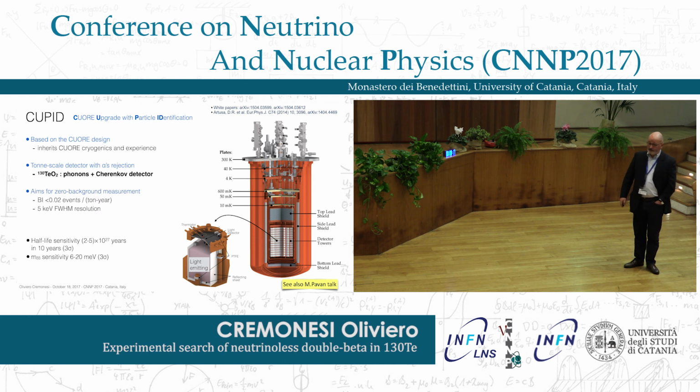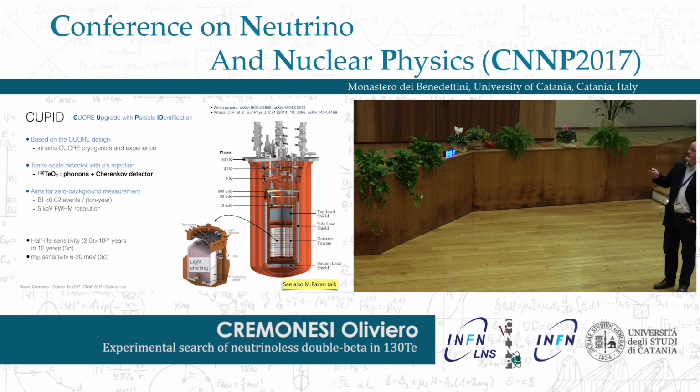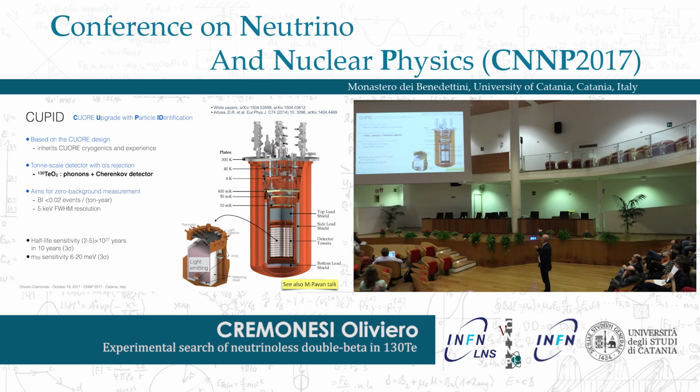What's next? This is the question. What's next was discussed within a larger group with respect to CUORE, and the name is CUPID, CUORE Upgrade with Particle ID. Actually, CUPID will be based on the CUORE design, so the fact that the CUORE design is a success is a good point towards CUPID, and then it will add the need to discriminate between different contributions to the background. The idea is to use light in addition to heat in order to discriminate the contributions coming from alpha from those coming from beta.